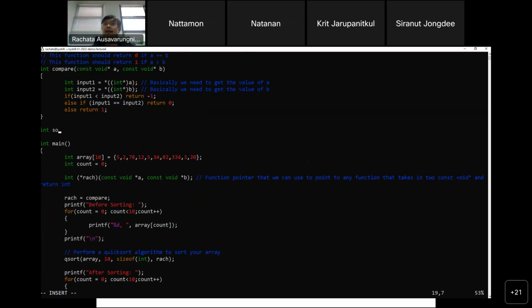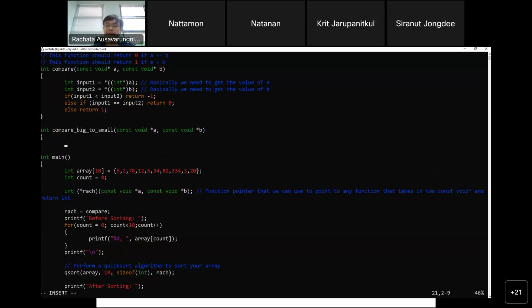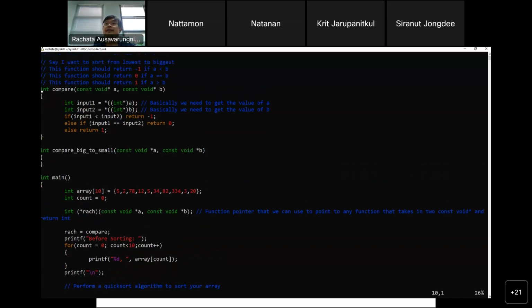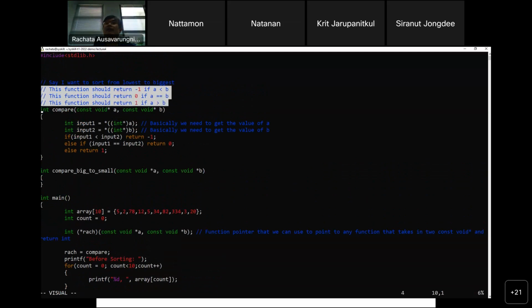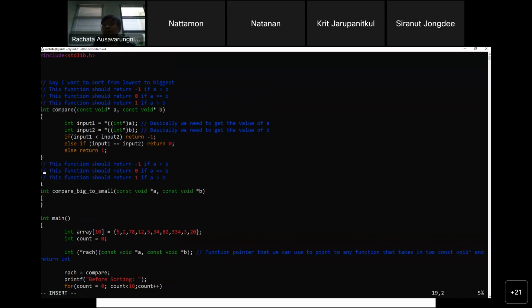I'll write compare big to small with the same function signature, const void star A, const void star B. Instead of the return that I had earlier, in these three lines, I want to now sort from biggest to smallest. So if A is greater than B, I want to return -1. If A is less than B, I return 1, right?